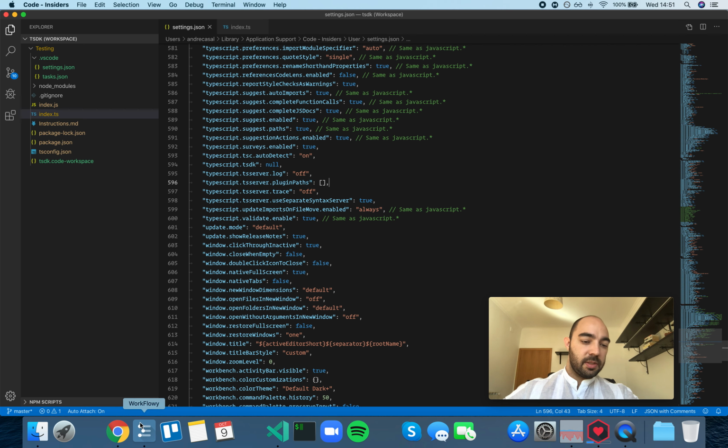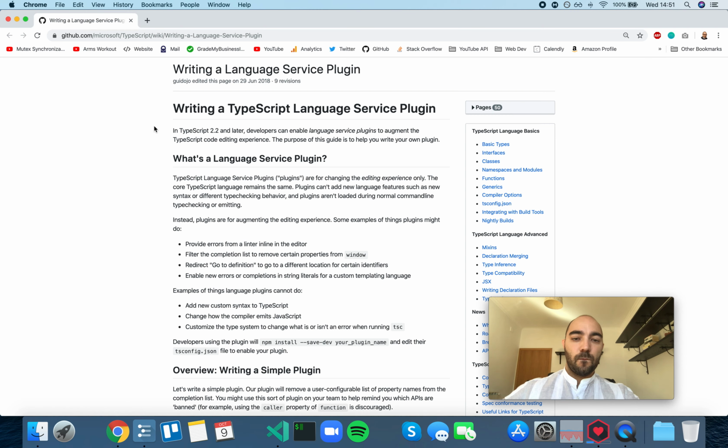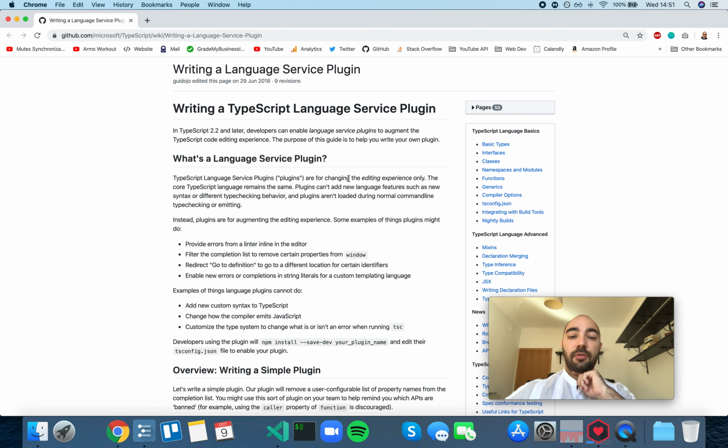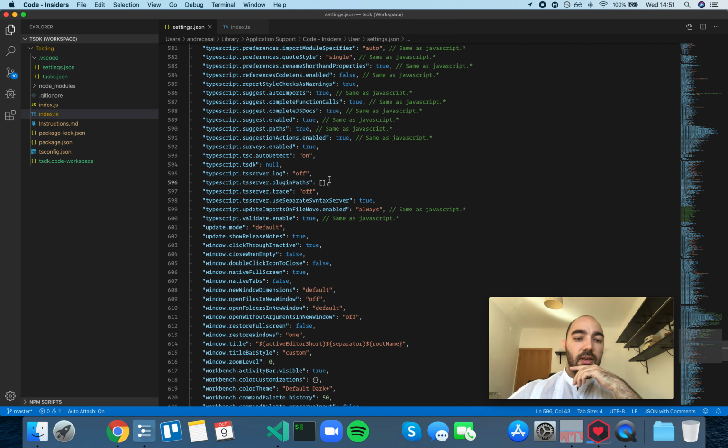Essentially, as this page shows, what's a language service plugin? TypeScript language service plugins are for changing the editing experience only. So if you want to create a plugin that adds some feature to the experience of editing TypeScript, and you don't yet have that as a VS Code extension, you can just set the path to your plugin here